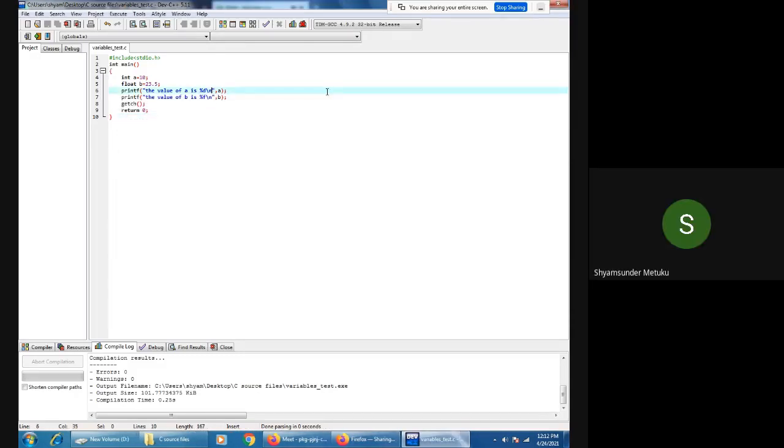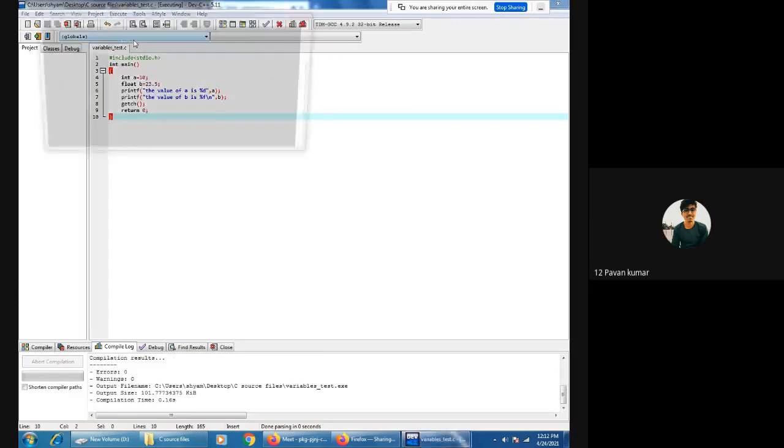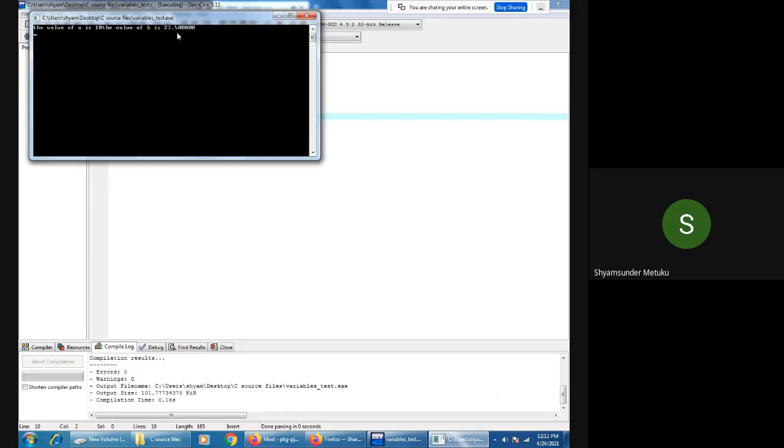Now, what will be the change in the output? Tell me. Same line. What is the output? 1023. Because I'm writing the text, it may not be 1023. The text is going to start, right? 1023 will appear provided you don't write the text.